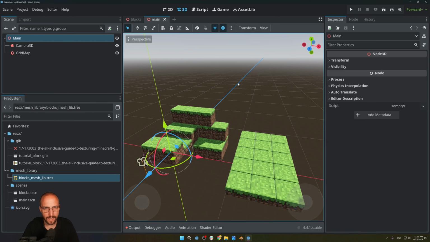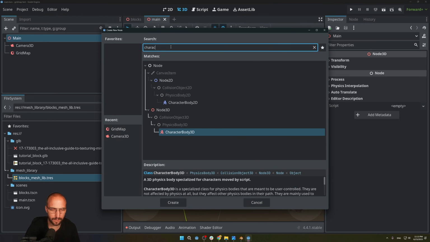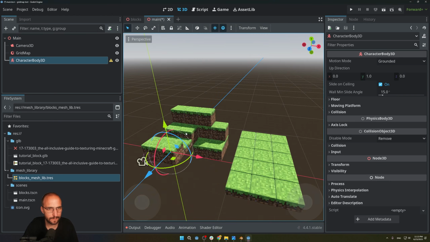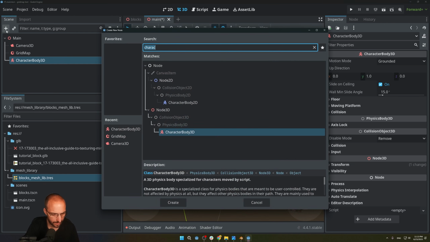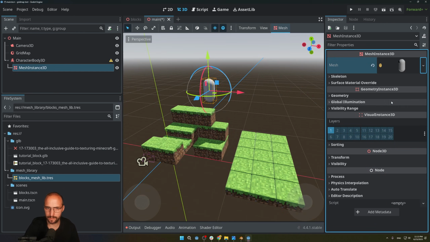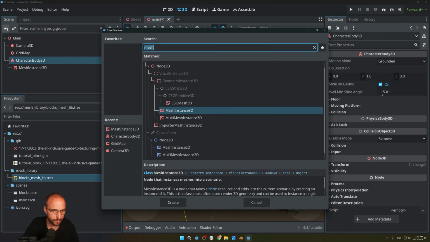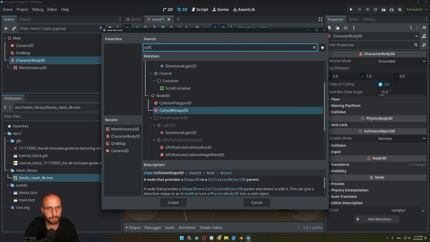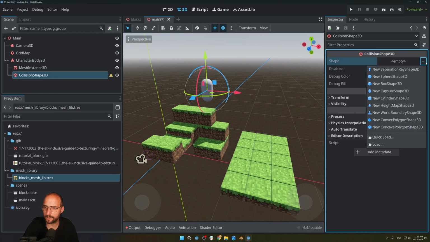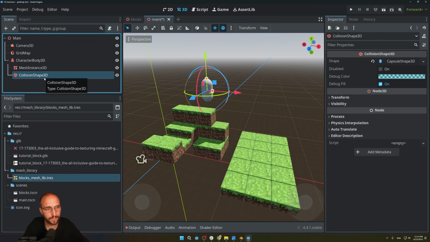And while we are here, let's add a player character to this scene. Go to plus, search for character body 3D, this one. Let's put it over here and add a mesh to it, mesh instance 3D. Select the pill shape, select the root again and search for collision shape 3D. We're gonna go for the pill yet again. So now we've got a character body 3D with a mesh in it and a collision that has the same